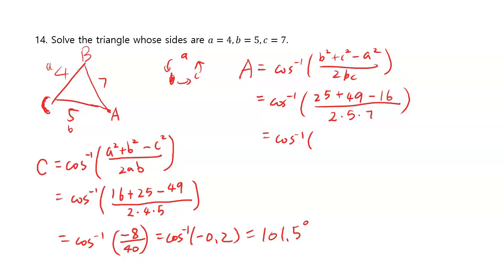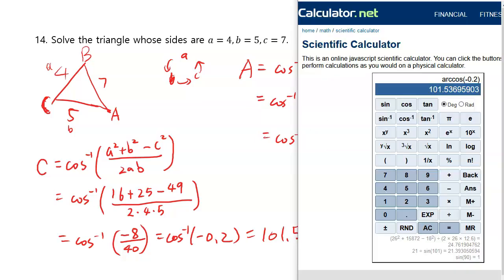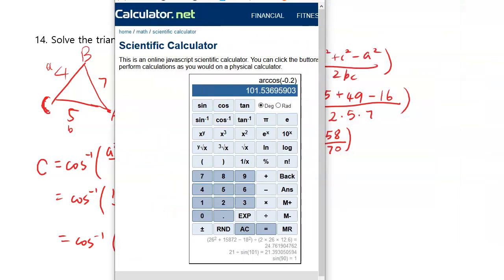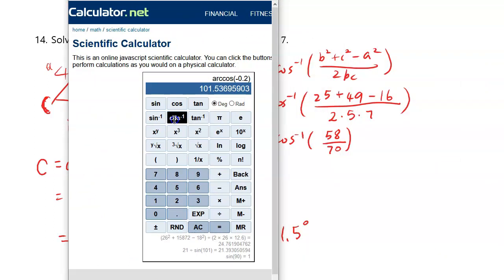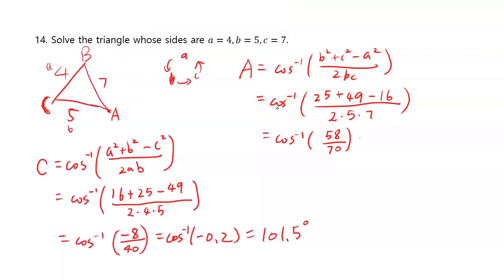25 minus 16 is 9, 9 plus 49 will be 58. And 2 times 5 is 10, times 7, that's 70. Okay, so that's not too bad. Let's punch that into the calculator. Let's see, cosine inverse of 58 divided by 70, and that's 34.05 degrees. If you round it to the nearest number, it's